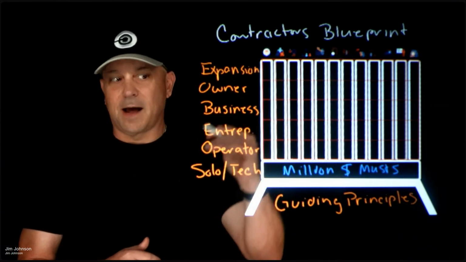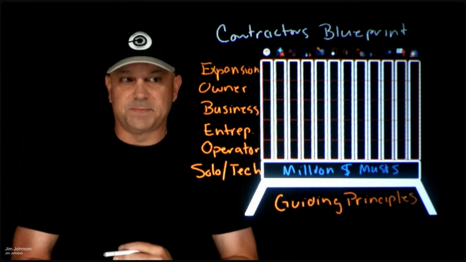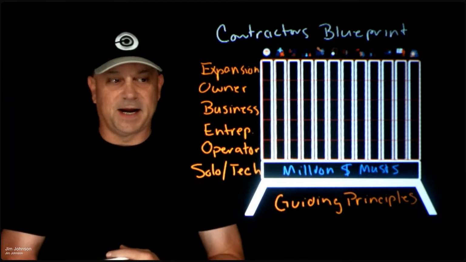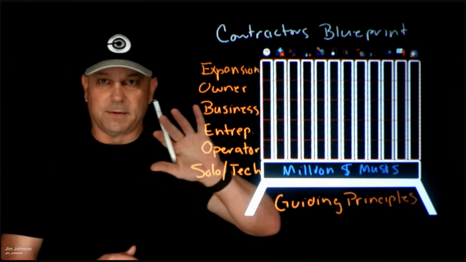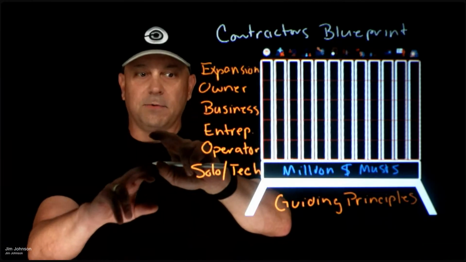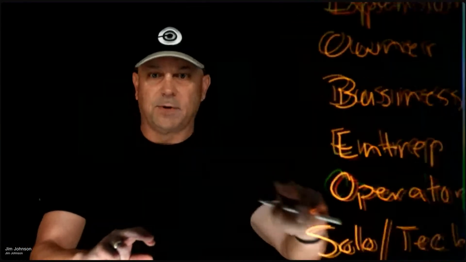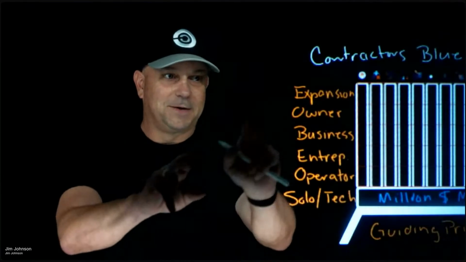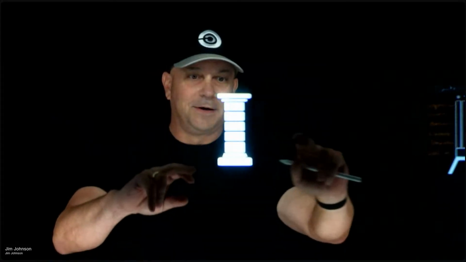But once we get to operator, we got to start thinking of our business in these pillars, then entrepreneur, business owner, and ultimately expansion. Like I said, if you want to go and learn more about that, we've talked about that in the past. So what I'm going to do right now is I'm going to, went the wrong way. Let me bring it that way. There we go. We're going to talk about this one right here,